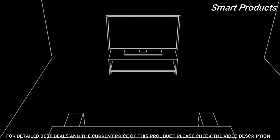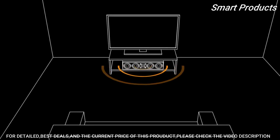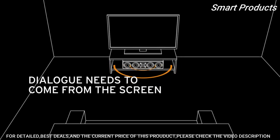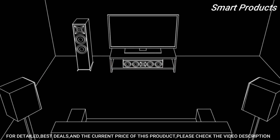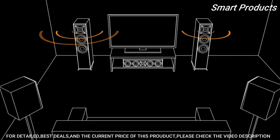For optimal results, place the center speaker with the TV. Now you're localizing all of the critical movie dialogue to the screen, where it belongs. Then place the surround speakers to your sides or just behind you. Make sure that the left speakers are on your left and the right speakers are on your right, as viewed